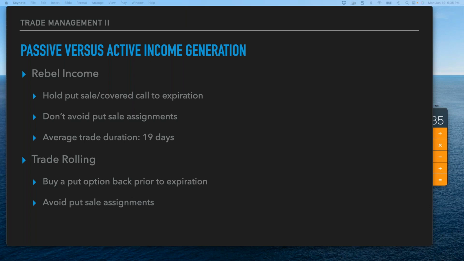Let's say that I sell a put option at $40, and within just a few days the stock has moved up to 43. If I brought in $1 in premium on that put sale, then after seeing the stock move so sharply in just a matter of a few days, that option may now be available with an asking price of 50 cents